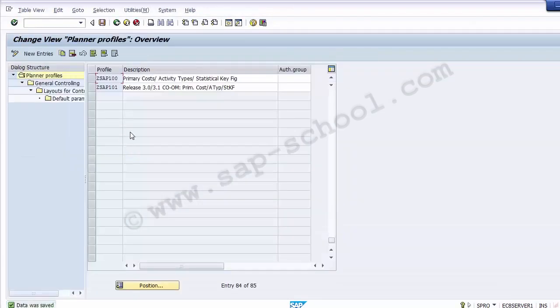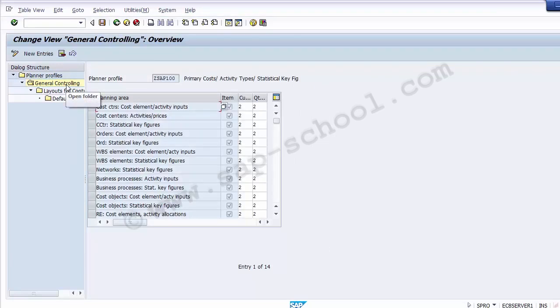So once the profile has been saved, now the next step is to select the same profile over here, and then we need to go to general controlling. Double click onto the general controlling. So once you double click onto the general controlling, it gives you the whole list of different planning areas for which the planning profile exists. And out of all these planning areas, as you can see on the screen, the one we will be using is the first one, that is cost center, cost element, activity inputs. So we need to select this first option,